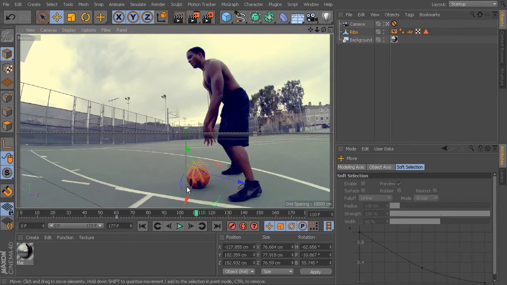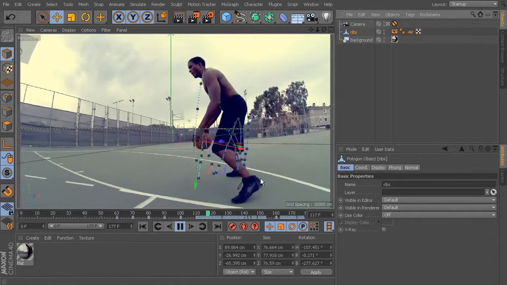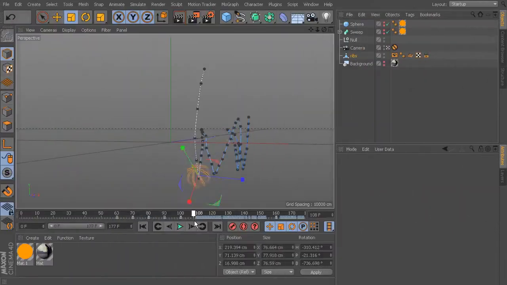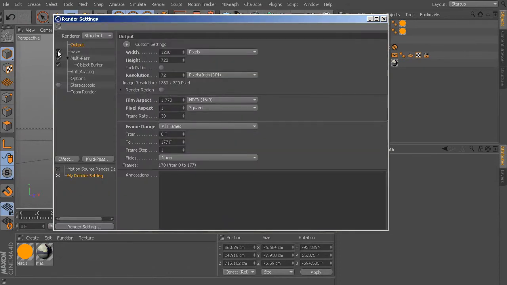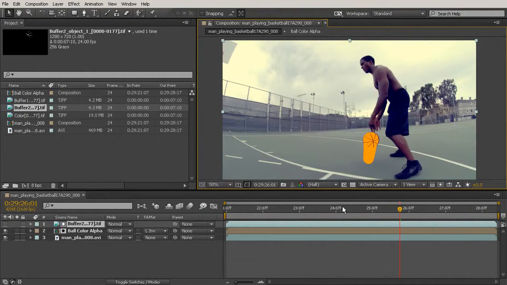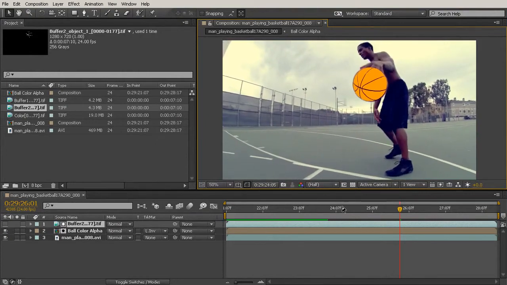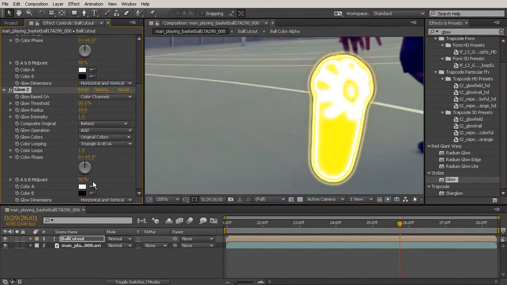After getting the position and rotation of the real ball matched, we learn how to use sweeps and MoGraph tracers to create beautiful trailing graphics. Along the way, you'll learn some great tips for reducing your poly count in these situations for lightning fast renders. We also learn how to render this project to get the best render with the most useful passes for our